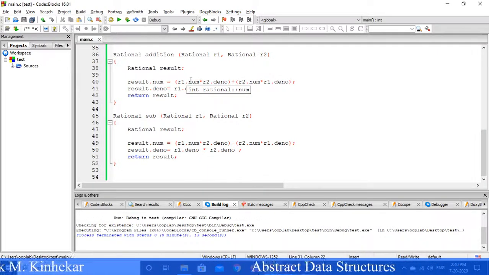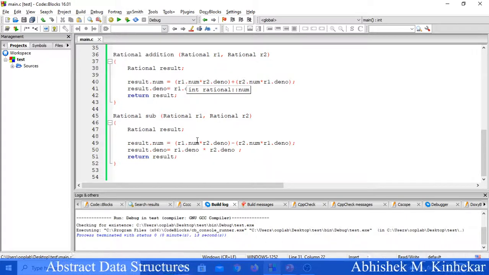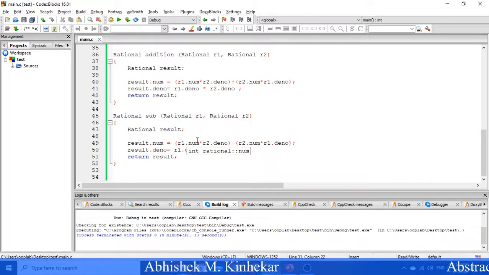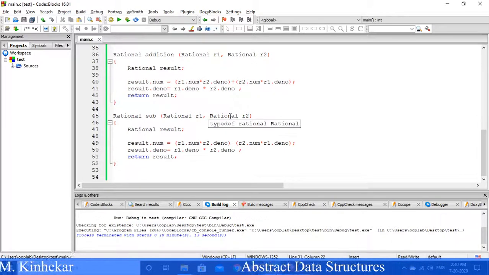The multiplication of the denominators of those two rational numbers will give you the result's denominator. In division, the second rational number is inverted, that is, numerator becomes denominator, denominator becomes numerator, and then multiplication is performed. So altogether, writing code for rational numbers is not that tedious a job, correct?